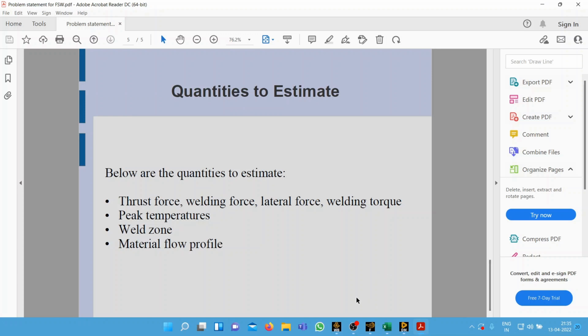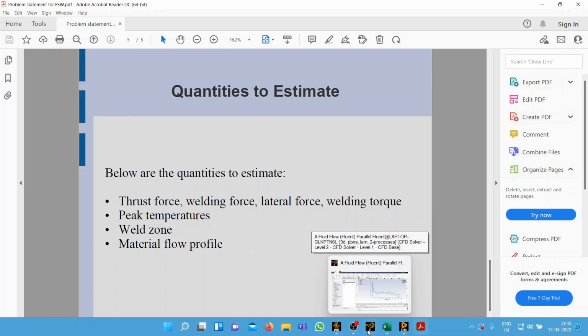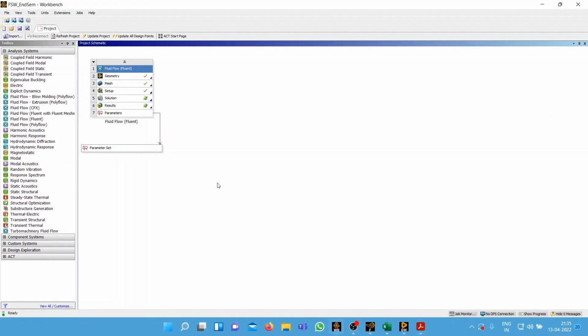So now let me take you through the numerical modeling process in ANSYS. I have opened ANSYS and I have already performed the analysis. I am just showing all the processes and steps that I carried out. First, I went through Fluent. This is here. On double clicking, we get